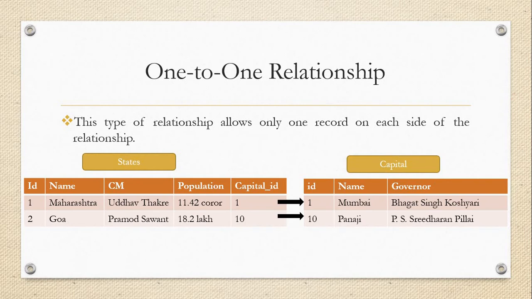This is a type of relationship where only one record on each side of the relationship will be available. First of all, I will say something regarding that. The one-to-one relationship does not occur very frequently. It is not the case that we will get a one-to-one relationship every time, because we need to apply the concept of normalization, and once we apply normalization, it is quite rare that we get the one-to-one relationship. So that's why I took a different example.